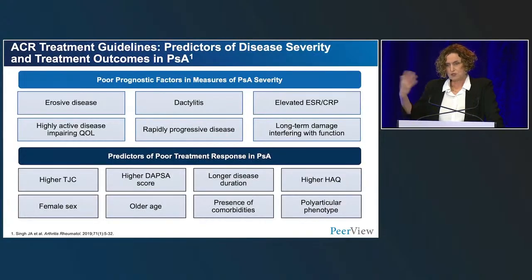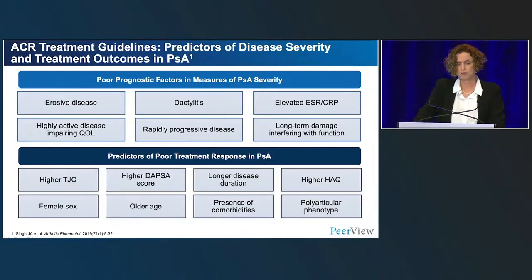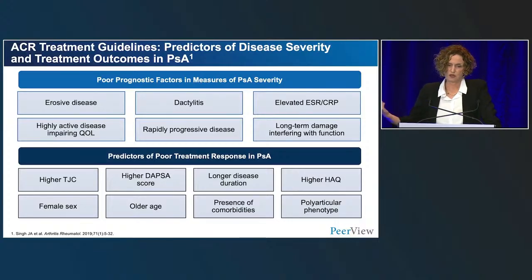And these patients who are more resistant to treatment, it might be helpful to try and identify these patients early on in the course of disease because they may need closer monitoring and more attention than other people. So these are some of the poor prognostic factors that were identified in studies that identify those people that are more likely to have a more severe